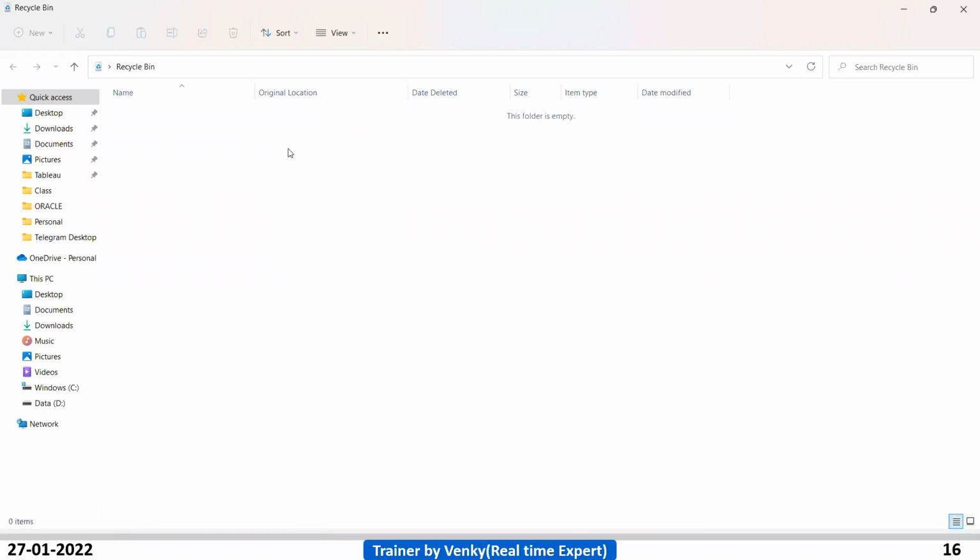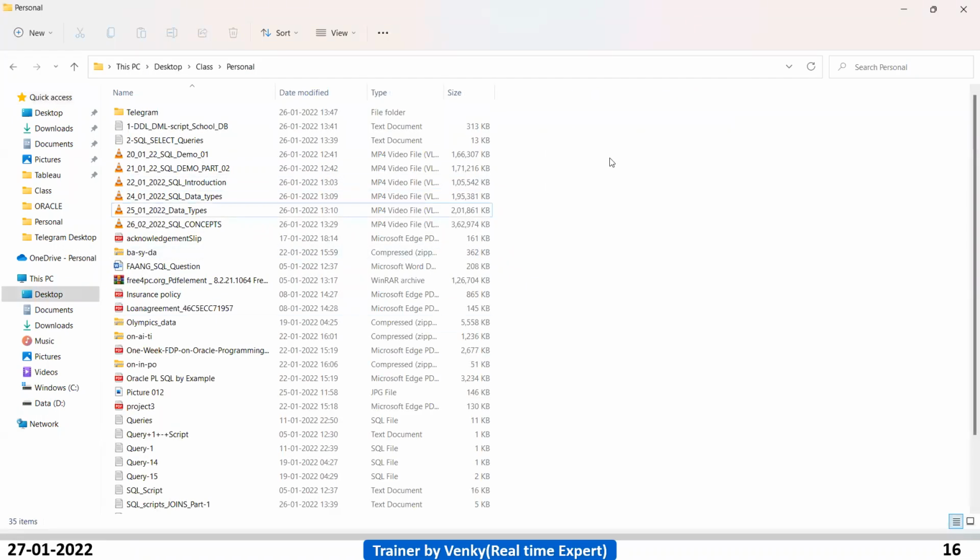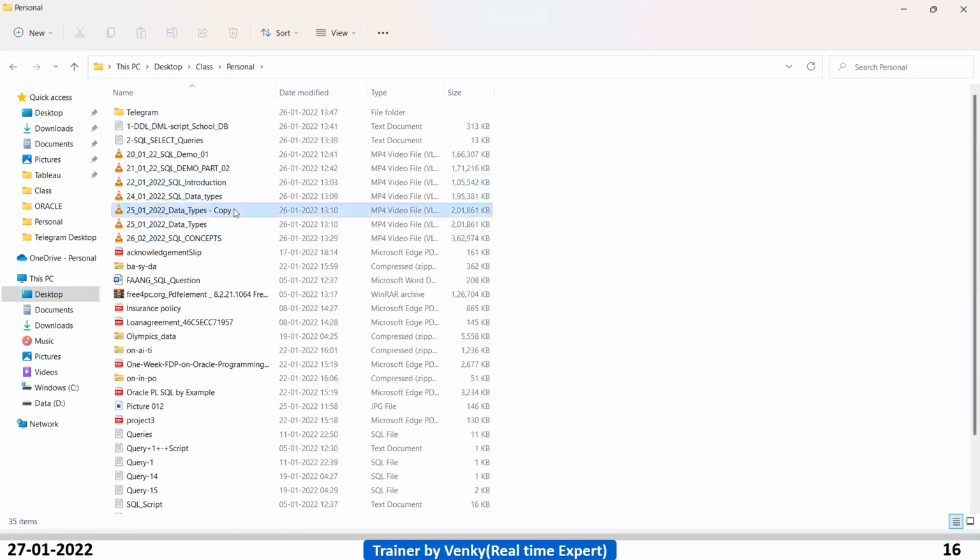Here, restore. See, the file is restored. So again just refresh it. See, it has come back, guys, right? After restoring from the recycle bin.